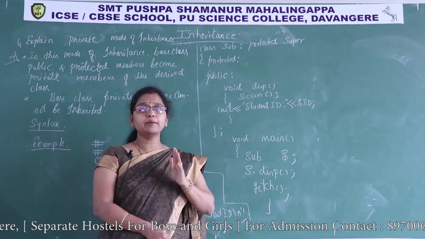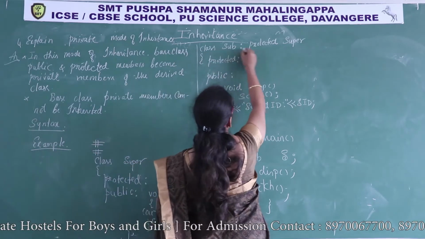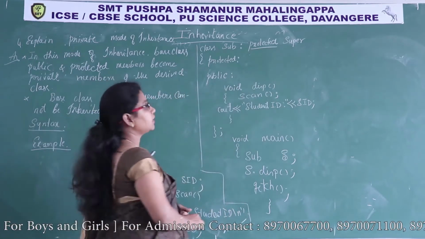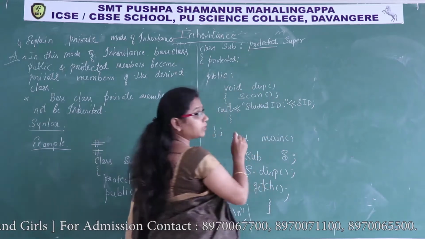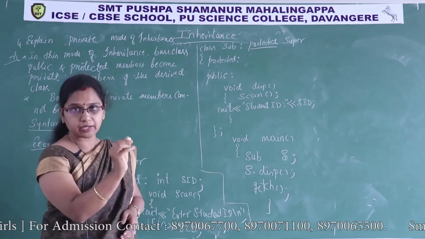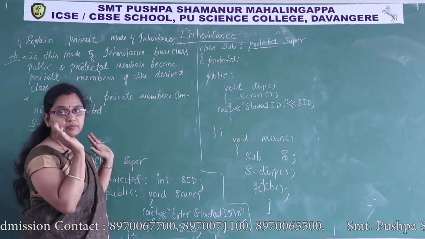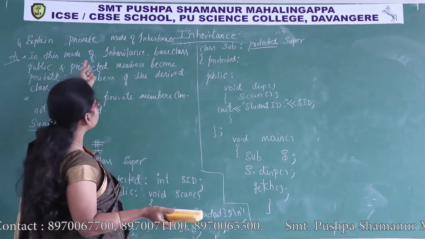When I say the word mode, where do you need to concentrate? Here, in the derived class. Mode of inheritance comes here. Is it private, public or protected? Whatever it is, private, public or protected, base class private members cannot be inherited. That is the rule. Now visibility mode is private.